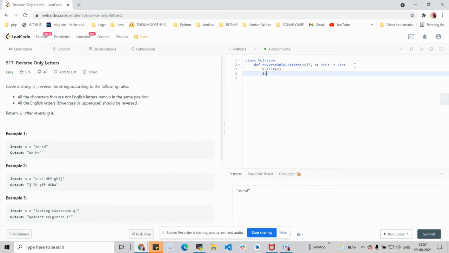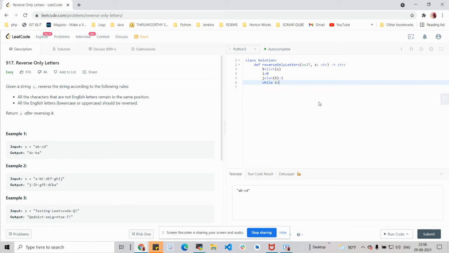So I'm initiating an iterator i. I'm going to use two iterators. One is starting from the zeroth index, and the other iterator will be starting from the last character of the given list. So j is length of the list minus 1, which is the last entry of the list.